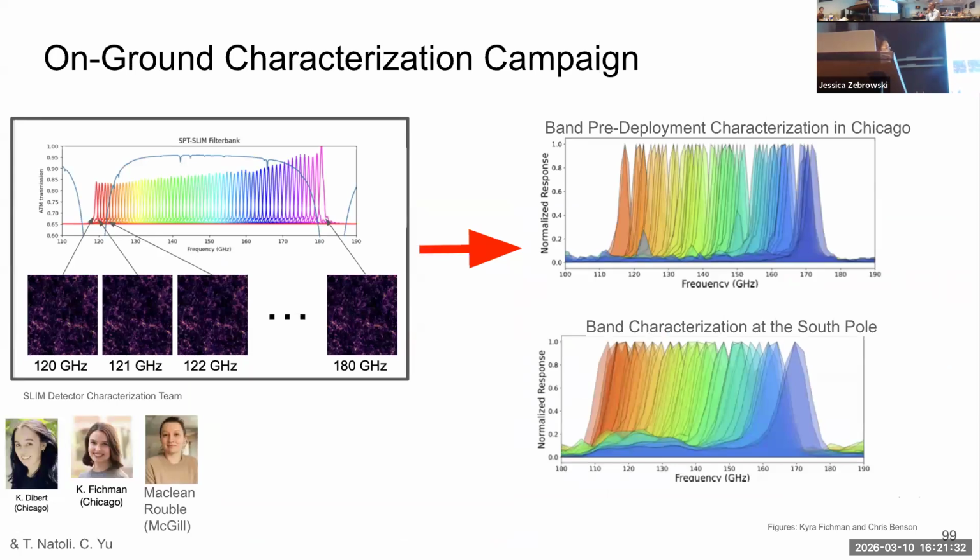From there, you want to ask the question, did I in fact build a spectrometer, and then did I break it in transit? So we did our band pre-characterization in Chicago with a big FTS before. You can see from the simulation of our filter bank how that actually turned into the true bands that we see with our experiment. And then when we got to the South Pole, we double checked it with a coarser resolution Fourier transform spectrometer, and it showed that we still have this filter bank quality, still getting these different optical photons.